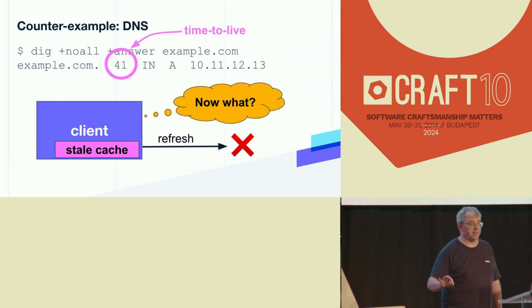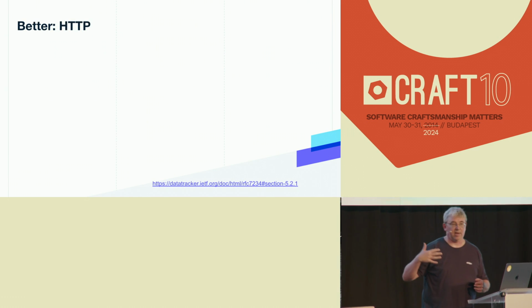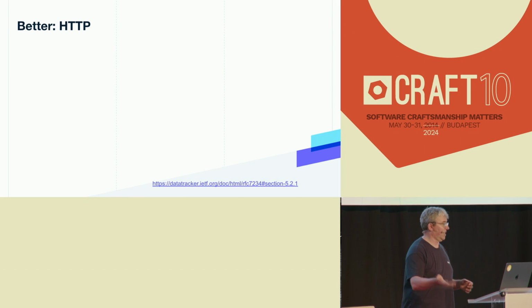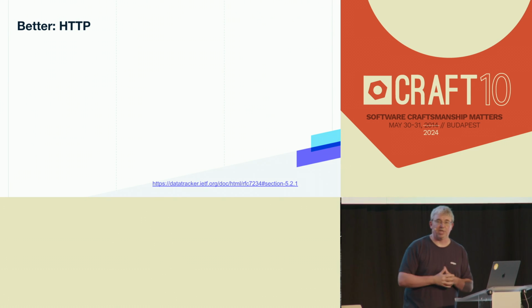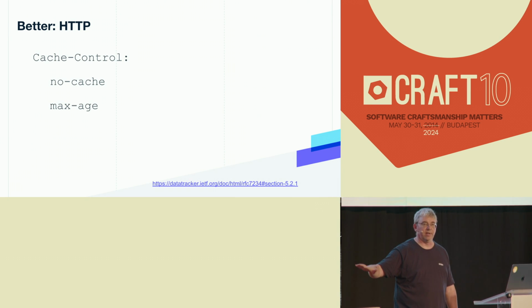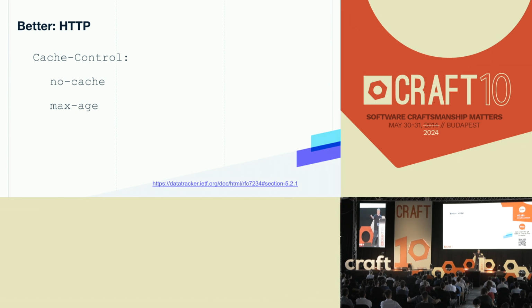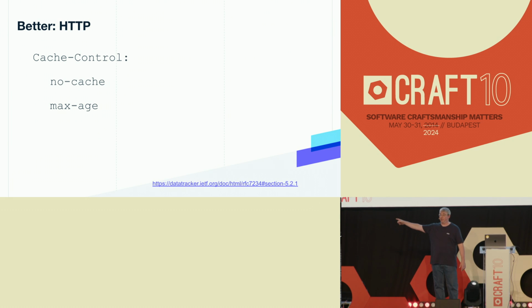And so I actually think that there's a missing objective here. Just to illustrate this a little further, I think HTTP caching is a better example of the type of transparent objectives that we're talking about. How many people have seen the cache control header on HTTP? Anybody? All right, so several people are familiar with this. When I issue an HTTP request, I can provide cache control directives. For example, I can say no-cache. That means if my request somewhere along the way encounters a cache, I do not want a cached response. I want you to go all the way to the origin server and then come back with a fresh response.